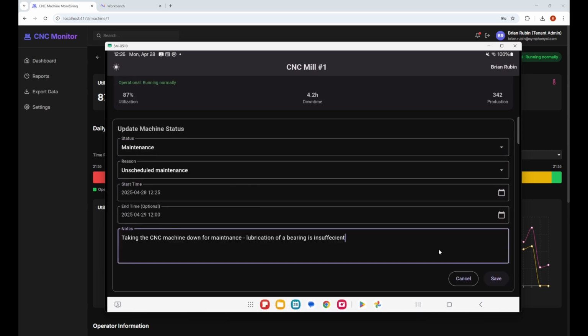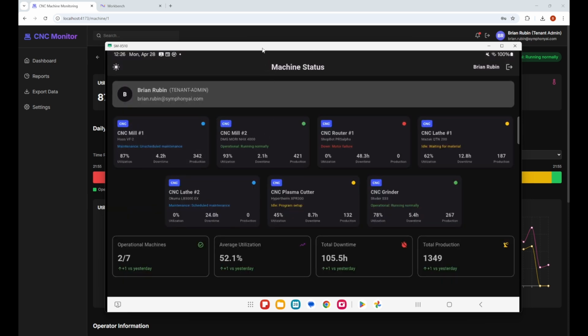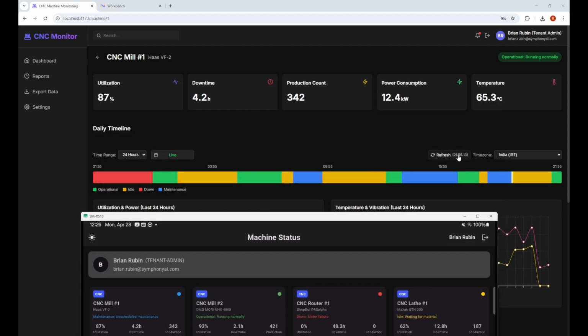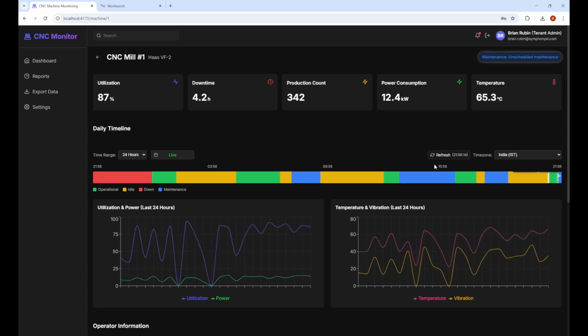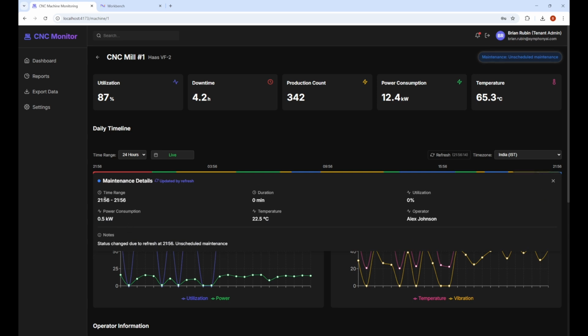Of course, this can also then get sent to Iris Foundry and stored in Iris Foundry, all the notes and everything. Now I can click on save. So now it's down for maintenance. The machine status has been updated. Here this refreshes every minute, but let's do a haptic refresh. Now you see here the status just changed to maintenance, and here I can see the information of when it went to maintenance. Right now we're not pulling the note, but the note can be pulled, of course, to here, so you can see the note.